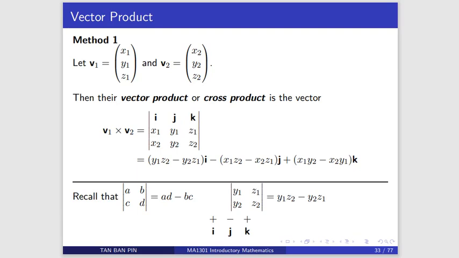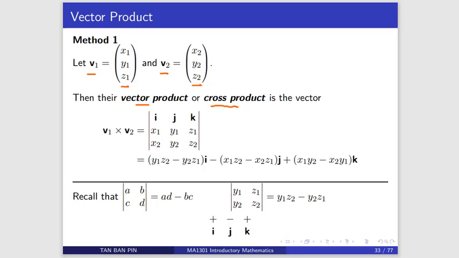We shall now look at how to work out vector product. By the way, vector product is also known as cross product. Let V1 be the vector x1, y1, z1, and V2 be the vector x2, y2, z2. To work out their vector product: